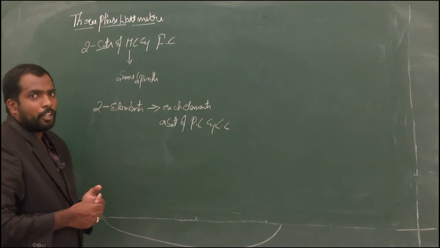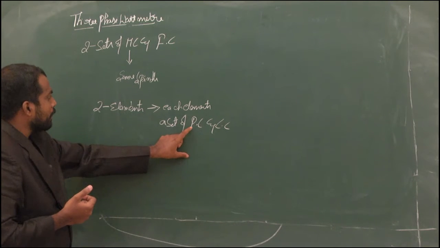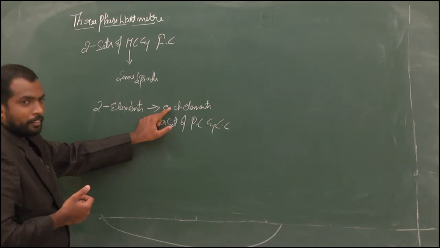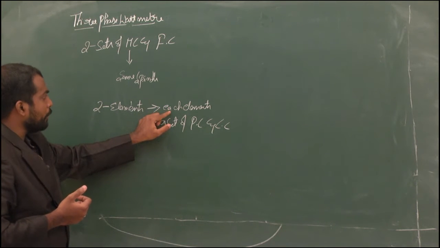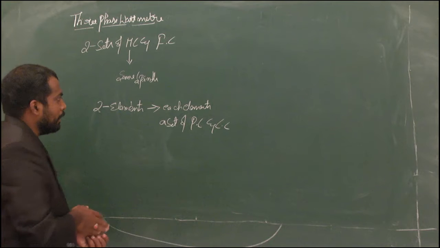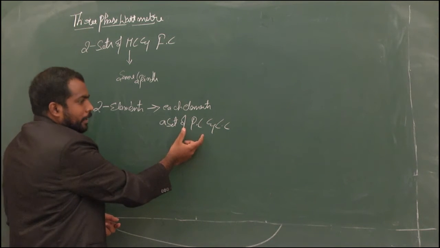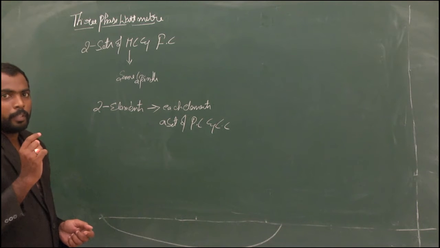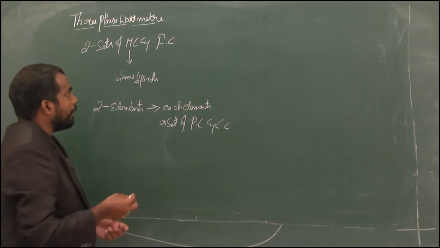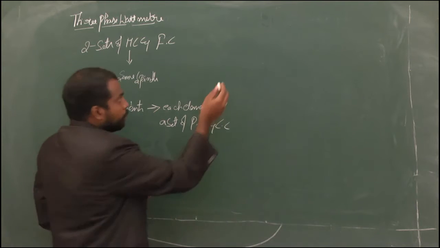In a three-phase wattmeter, the net deflecting torque produced by each element, or each set, is directly proportional to the power measured by that element. That means the power measured by each element is directly proportional to the net deflecting torque produced by that element. In this case we have two elements. The constructional diagram of a three-phase wattmeter is shown like this.